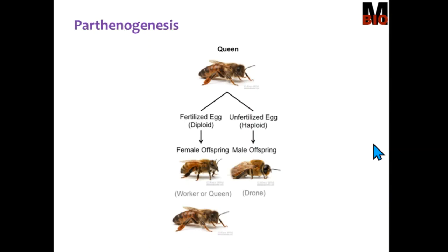Then the second type of egg produced by the queen are unfertilized eggs. These are haploid eggs. These transform into male offspring without fertilization. This particular developmental peculiarity is called parthenogenesis, development of an organism from an unfertilized egg. It does not mean that all the organisms coming under phylum Arthropoda exhibit this phenomenon. It is restricted to certain organisms coming under phylum Arthropoda, especially insects such as honeybees.